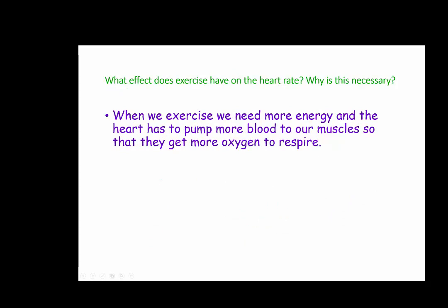Now, what effect does exercise have on the heart rate, and why is this necessary? Well, everybody knows that when you exercise, your heart rate goes up, but we forget to explain the important details. So when we exercise, it's because our muscles need more oxygen for